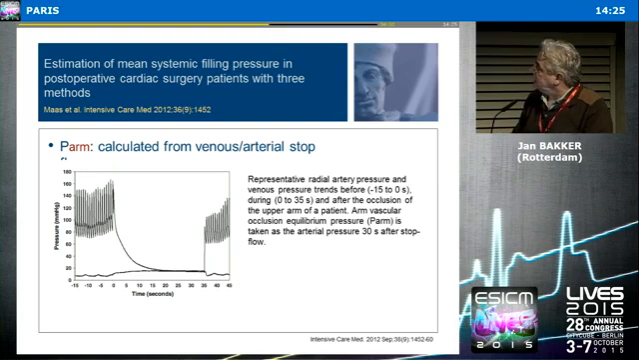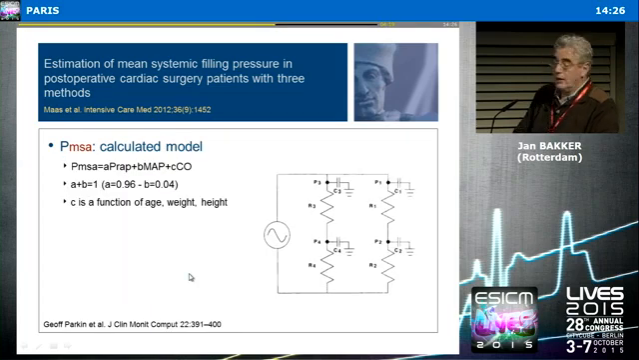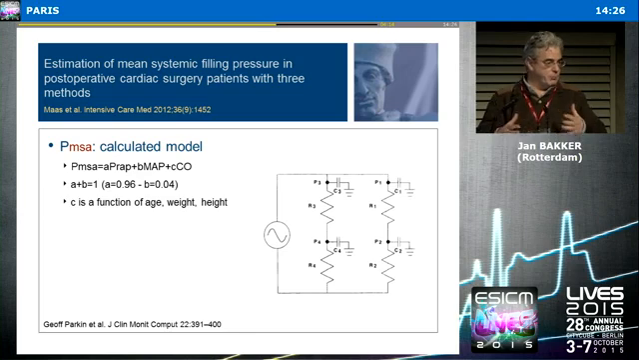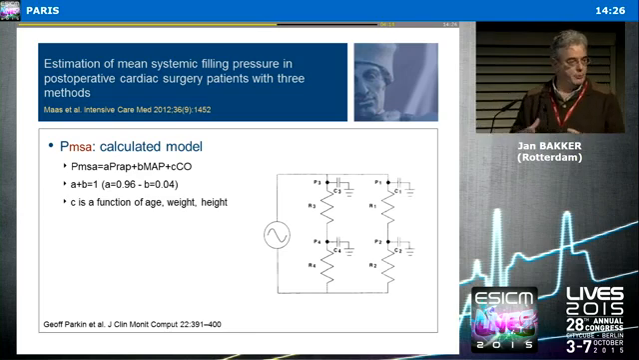If you immediately stop the flow in the arm, you see that the arterial pressure equilibrates with the venous pressure. And so after about 20 seconds of occlusion, you could reach the mean systemic filling pressure. And finally, and that's the most simple method, but a little bit complicated because there could be some mathematical coupling in it,